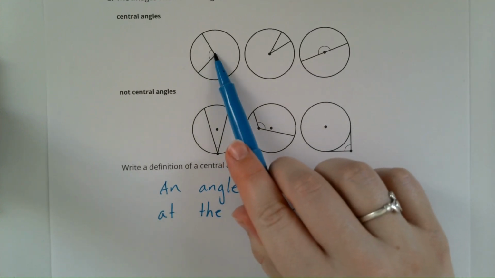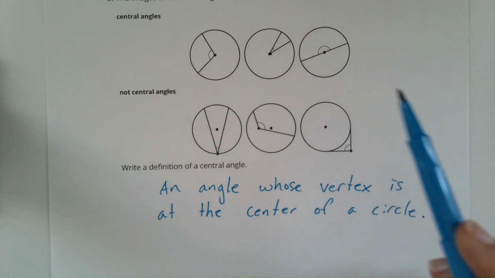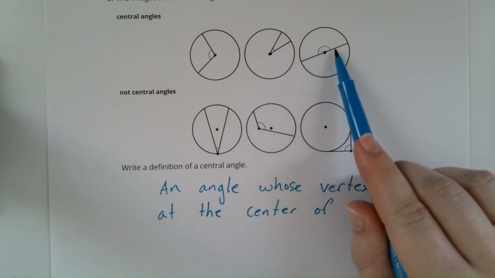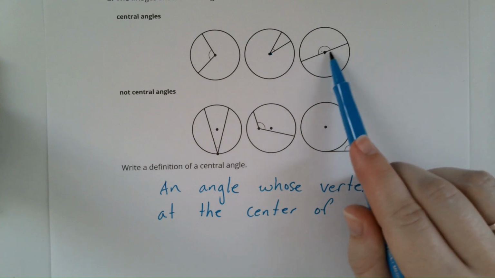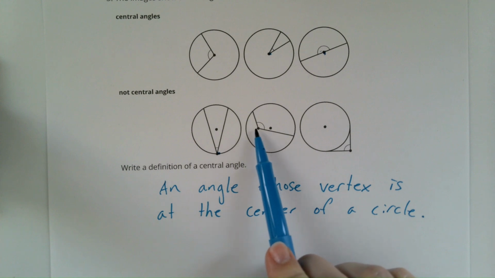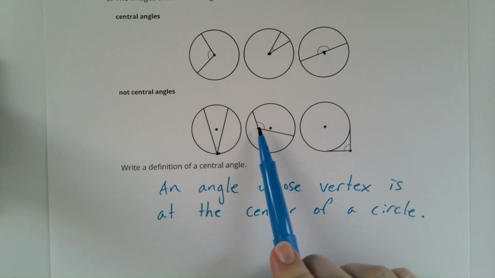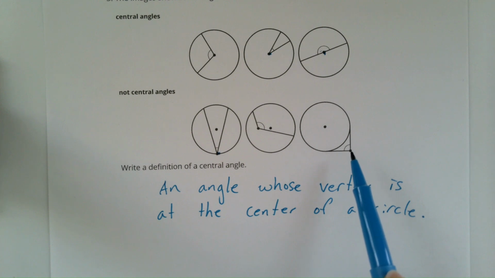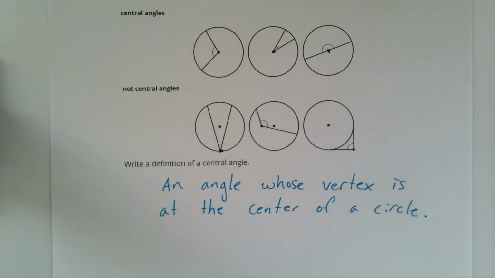So here the vertex is right here, here the vertex is right here. This one, it is like a straight line, but this angle is just a 180 degree angle, right? So the vertex is right here. This one, the vertex is on the circle. We'll talk about that in lesson 2. This one, the vertex is just somewhere inside the circle. It's not at the center. It's not on the circle. It's just a random spot inside the circle. And then this is outside the circle. So those are not central angles. Alright, so next we're going to look at